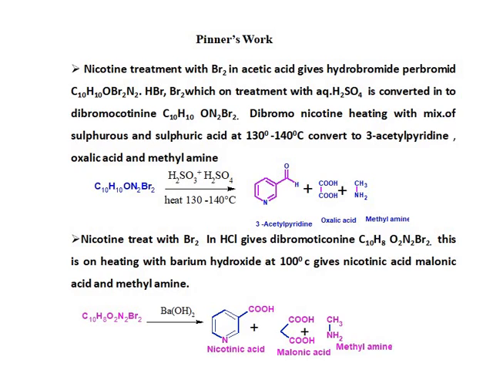with bromine in acetic acid and they get the hydrobromide perbromide, which on treatment with aqueous H2SO4 can convert it into dibromo cotinine. This dibromo cotinine, on heating with a mixture of sulfurous and sulfuric acids at 130 to 140 degrees centigrade,